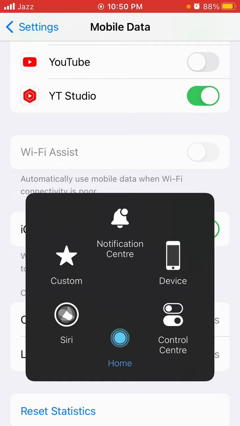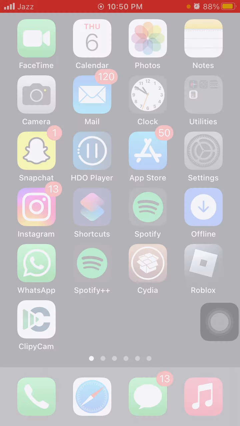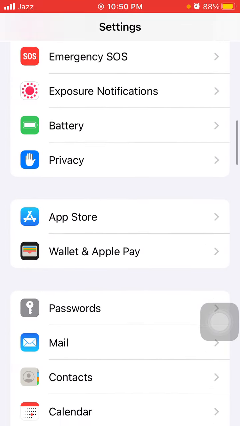Now force close all the apps that are running in the background and force restart your iPhone according to your iPhone model. After the force restart, we have to go back to settings, tap on privacy